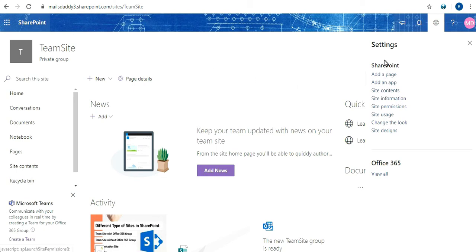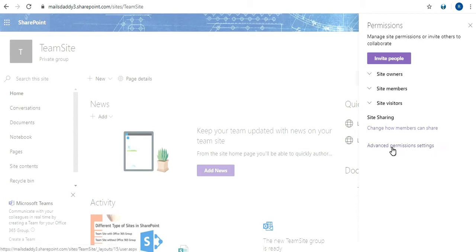Also, we will learn where we can manage the team groups and see other permissions. For that, click on site permissions again, and there you will see an option of advanced permission settings.